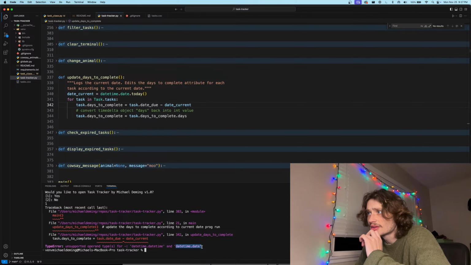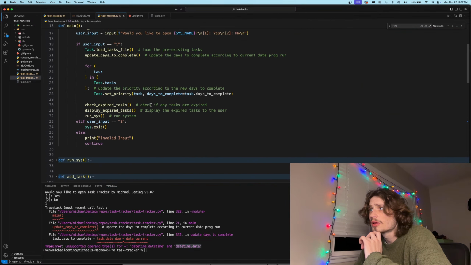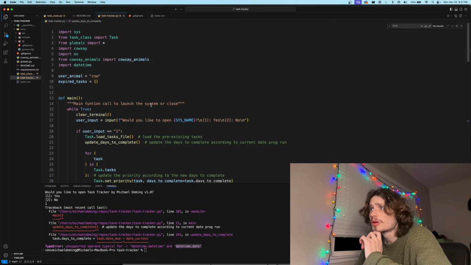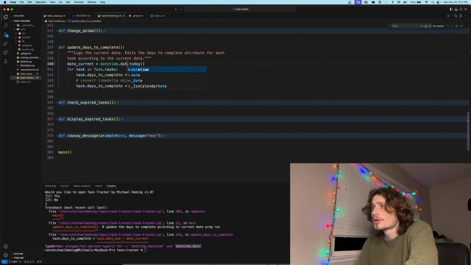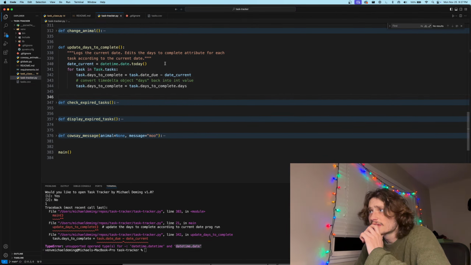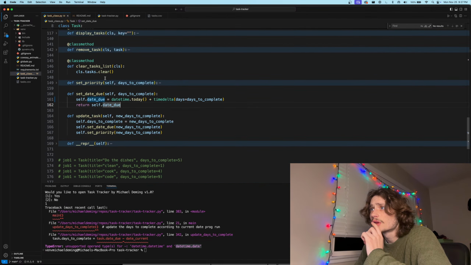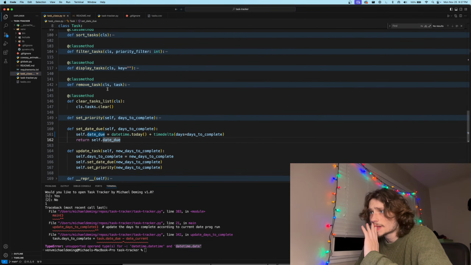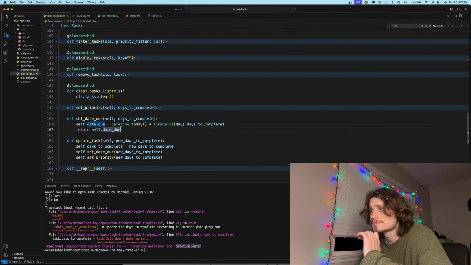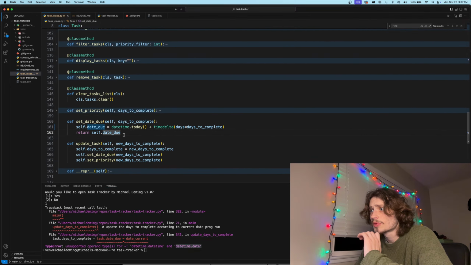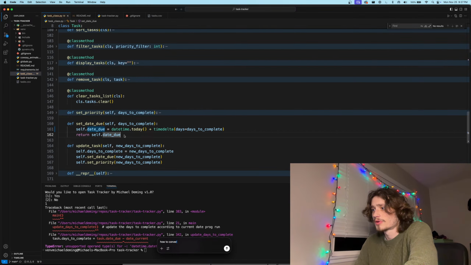It says datetime date current. So this is the date, day, task, date due. Date due. Convert datetime.datetime to